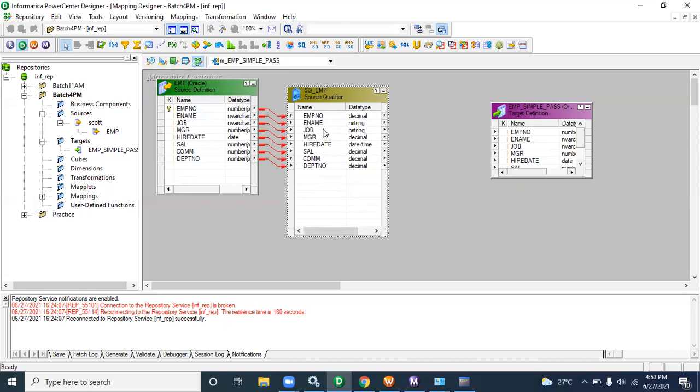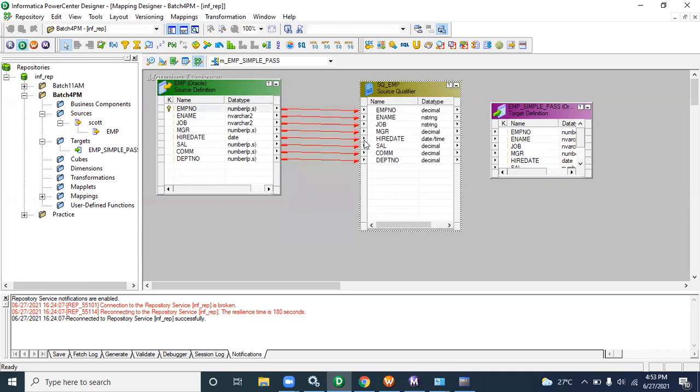That means this is one type of communicator between source data and the Informatica server, because the Informatica server does not know what is number PS, what is nvarchar2, what is varchar2, what is data type. The Informatica server knows decimal, string, nstring, date time,